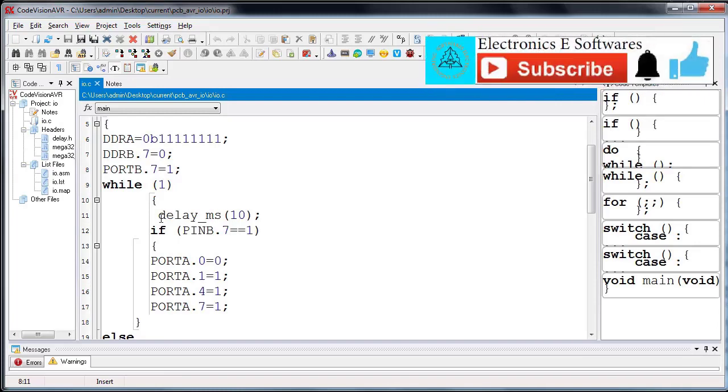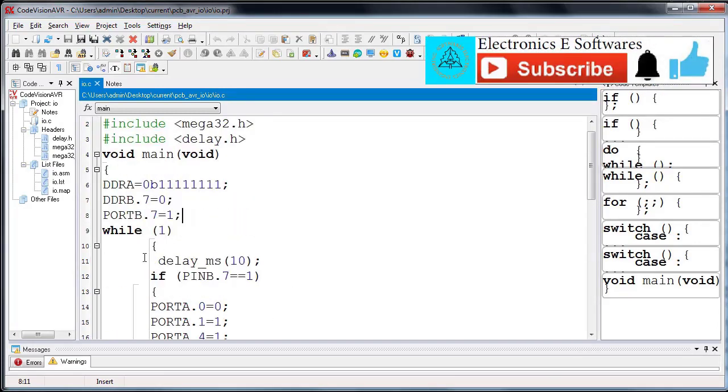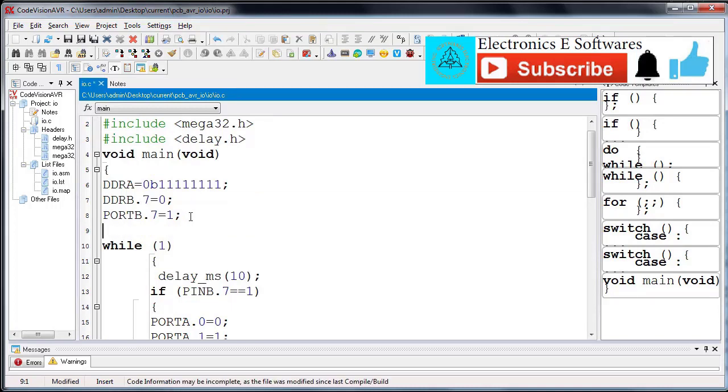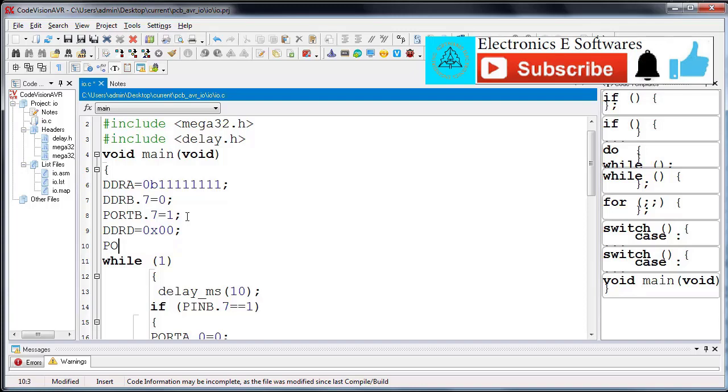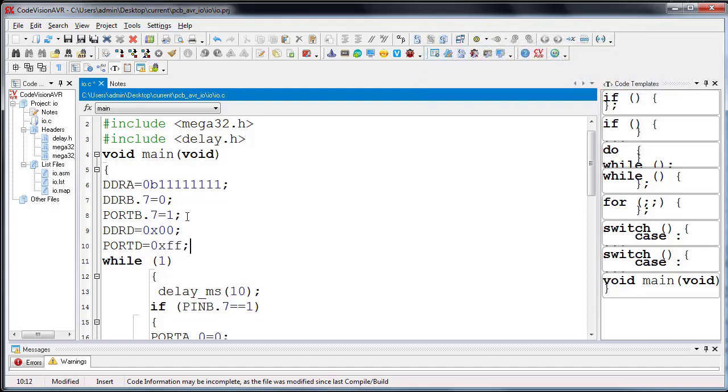In the code vision, we define port D as input, and enable pull-up resistance. And define port C as the output.